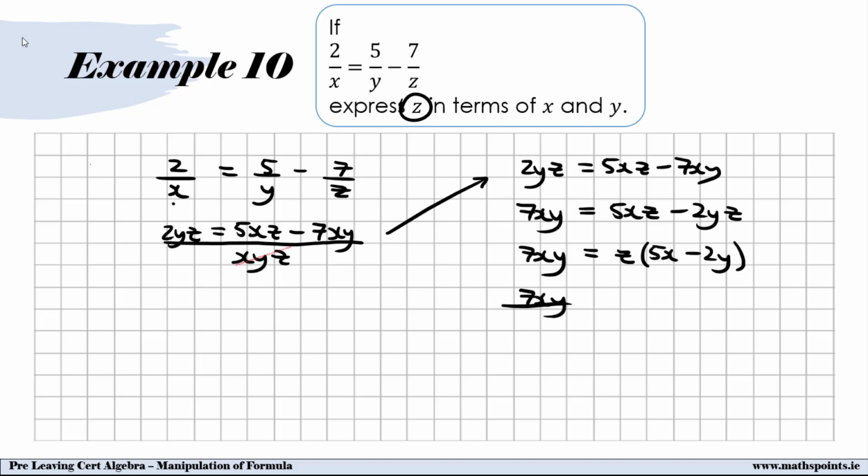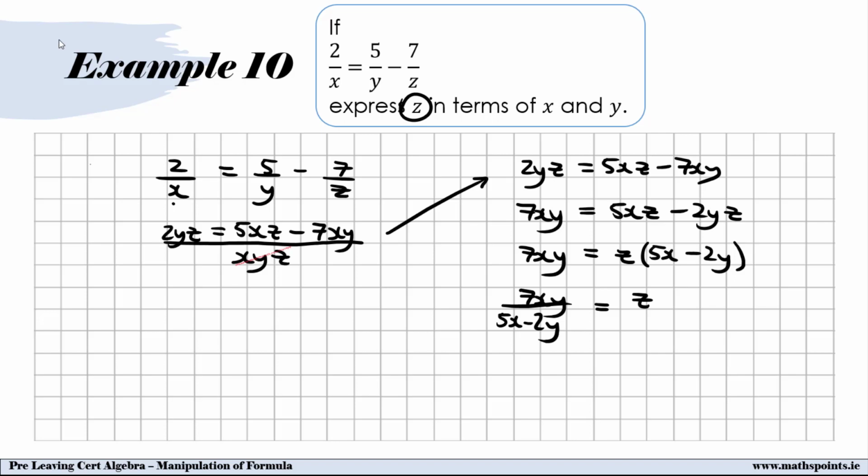So on the left-hand side, I have 7xy divided by 5x minus 2y. And then obviously on the right-hand side, if you divide z times 5x minus 2y by 5x minus 2y, you're left with z. So it would have been fine to collect the z terms on the left-hand side,